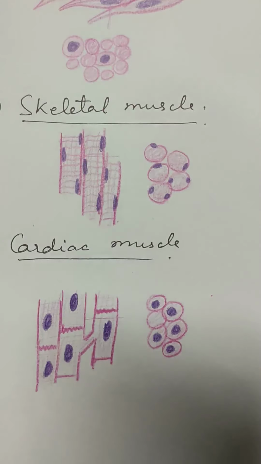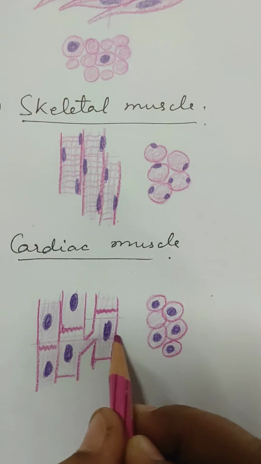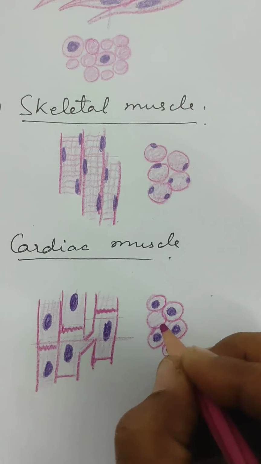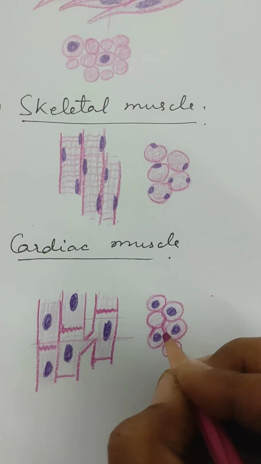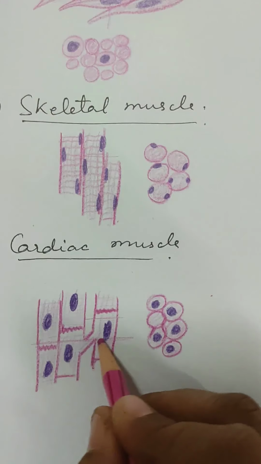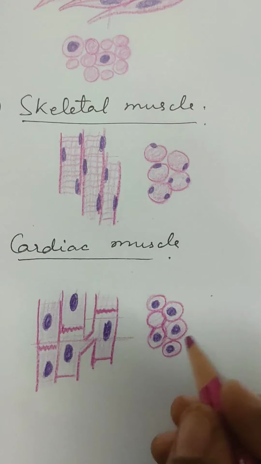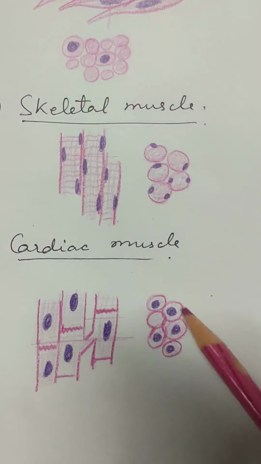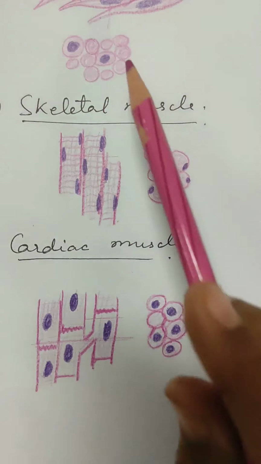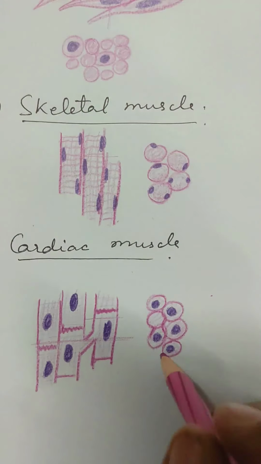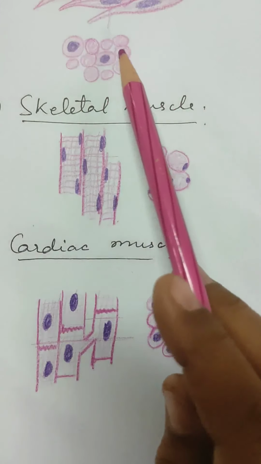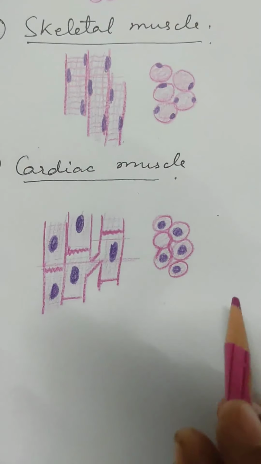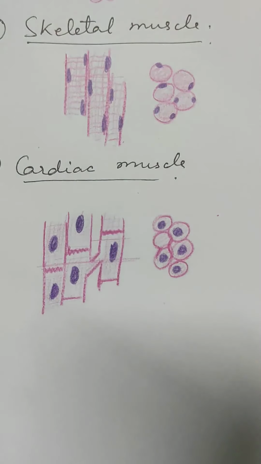Occasionally, by chance, if the section passes through the branching like this, then you may see a communication between two cells. But yes, there will not be any small circles. All will be of similar size. So you have to be a little careful to see the cardiac muscle cross section as well as the smooth muscle cross section. But this is present only in the heart. Okay. Now I am going to draw the neurons.